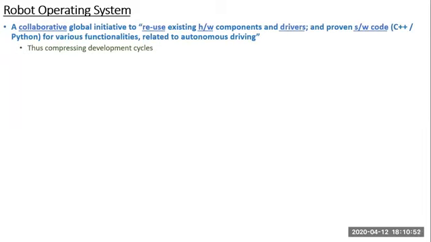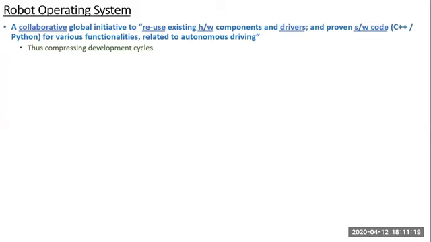What is the Robo operating system? As I mentioned right in the beginning, Professor Shirish, it is not an operating system. The name is a misnomer. It is basically a global collaborative initiative. So the keywords have been underlined, Professor Shirish. It's a collaborative global initiative to reuse your existing hardware components and software components and drivers and proven software code,